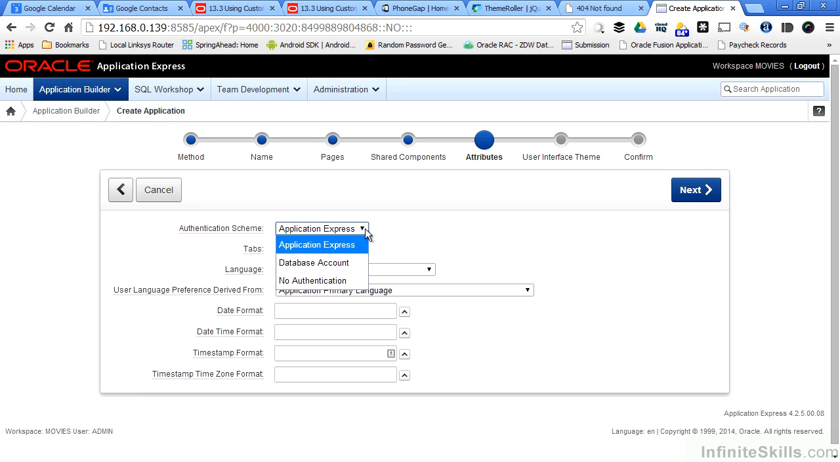If I use Application Express, I'll have to create users inside of my workspace to access my application. If I use Database Account, I can use existing users inside the database as my users in my Oracle Application Express application. These, however, are not the only two options I have available to me in terms of authenticating users